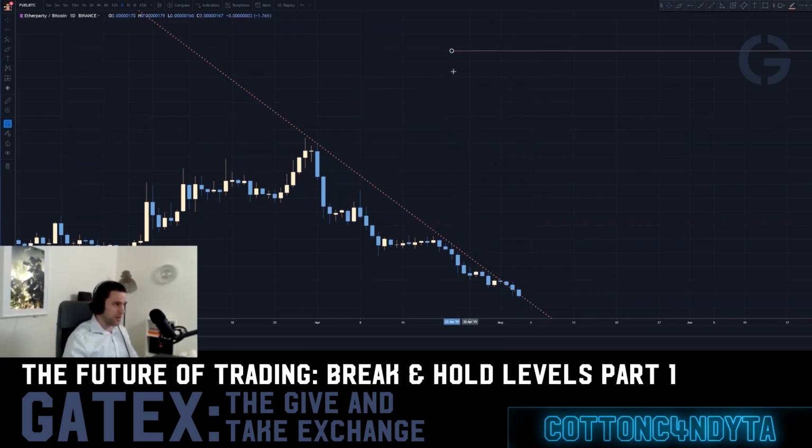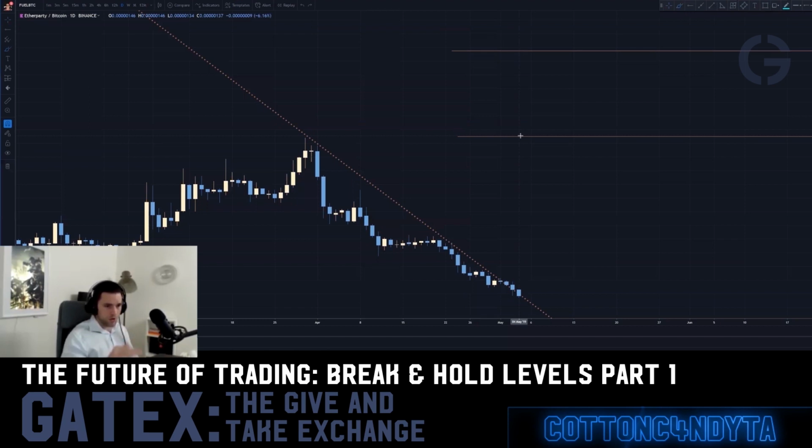These levels that we're going to be identifying, there's still a lot going on in the charts outside of break and hold levels and levels in general. There is still other pieces. You can't just use levels, right? We talked about this in the first workshop about price going up and down, and that